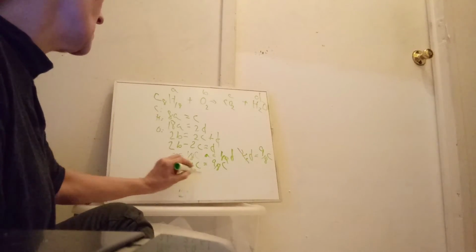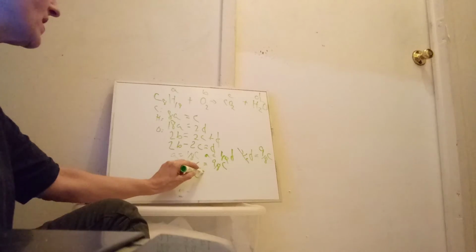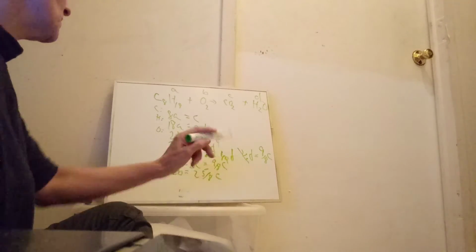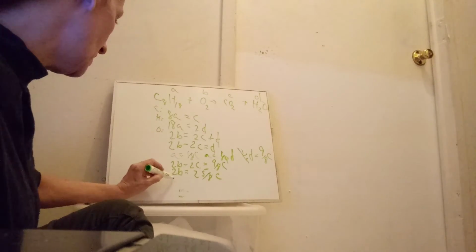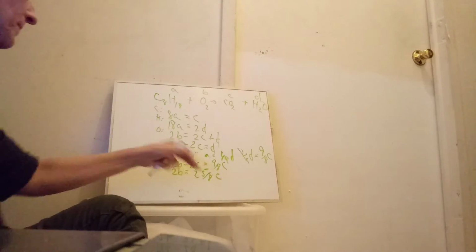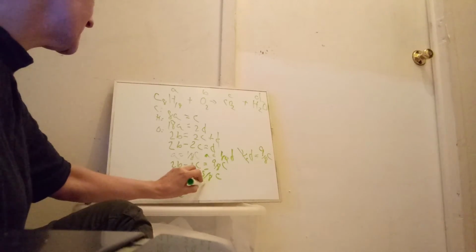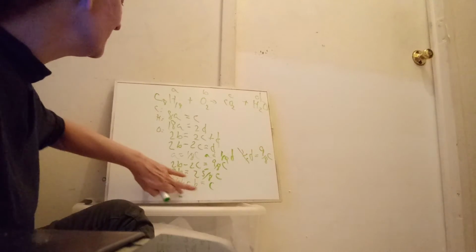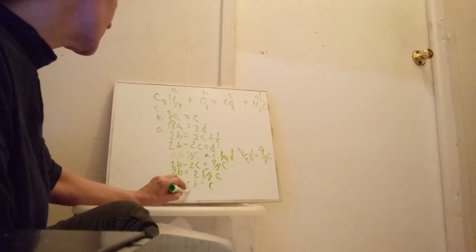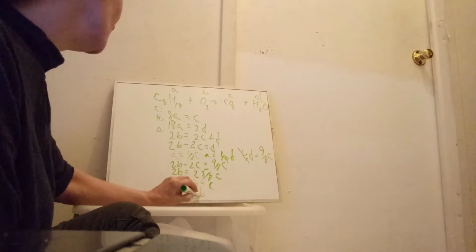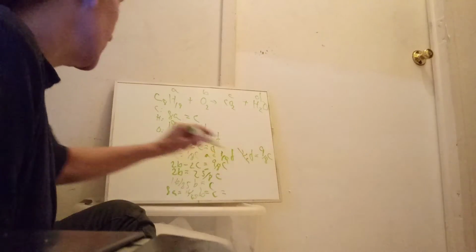Now I can say 2B equals, I want to add this, so 2, 16, 25, 8 equals C. Now, I can then multiply by the reciprocal, and I get 16 25ths B equals C. So now I can say 8A equals 16 25ths B equals C equals, and as far as D goes,